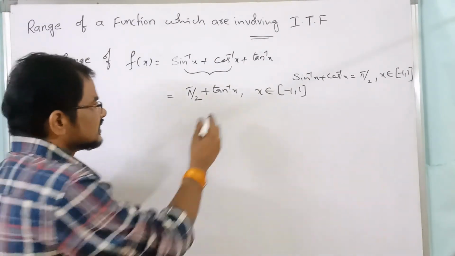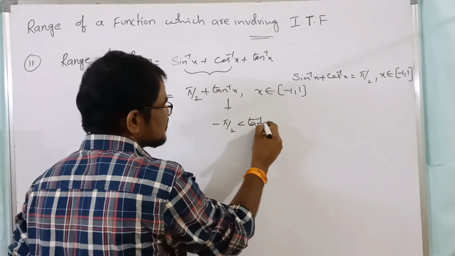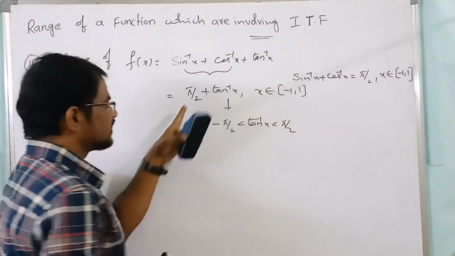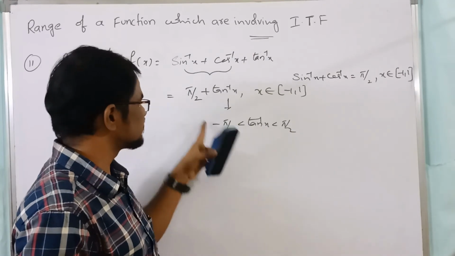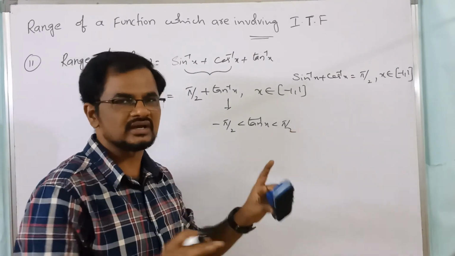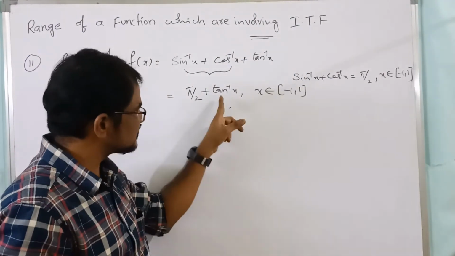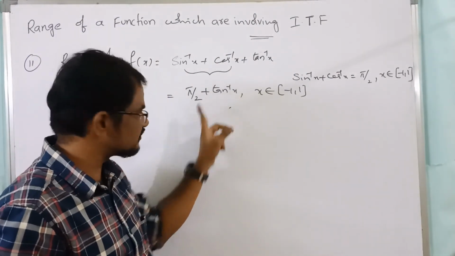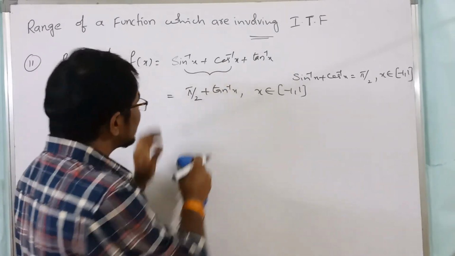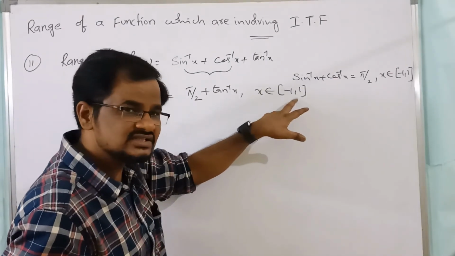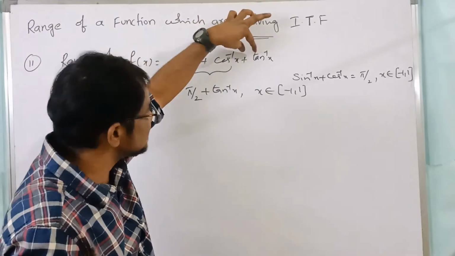Suppose if you do this, tan inverse x exists, minus pi by 2 less than tan inverse x less than pi by 2, and add pi by 2 here, minus pi by 2 plus pi by 2 and pi by 2 plus pi by 2. If you take this, you will get a wrong answer, because tan inverse x exists from minus pi by 2 to plus pi by 2 when x belongs to real numbers. But here x is what? It exists from minus 1 to plus 1 only.